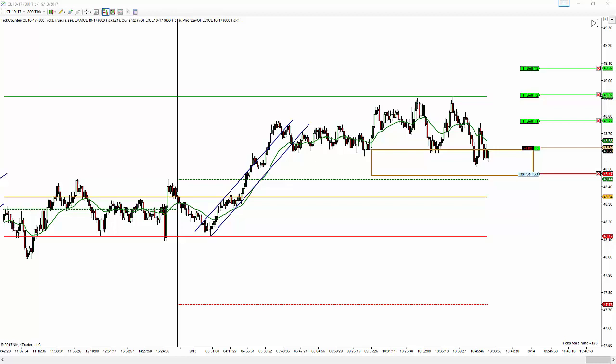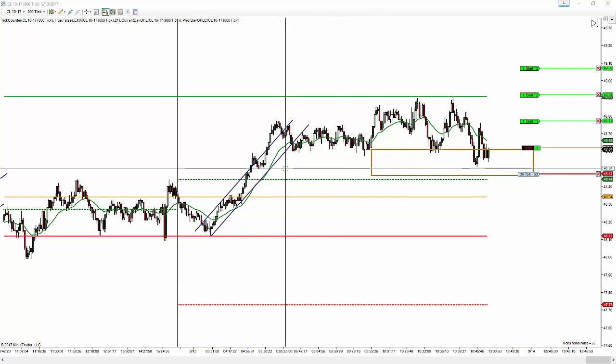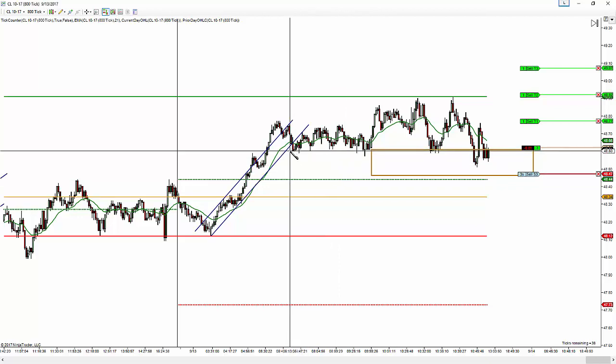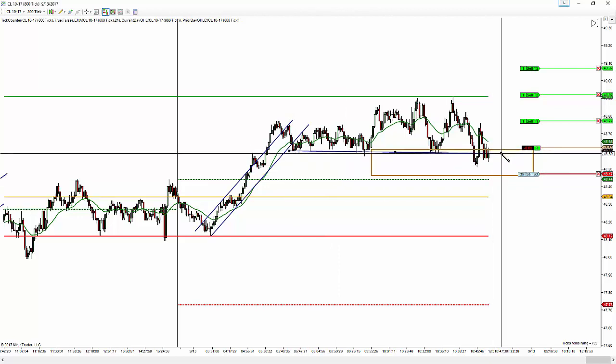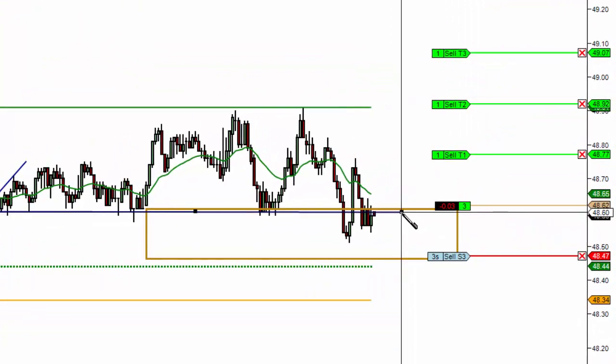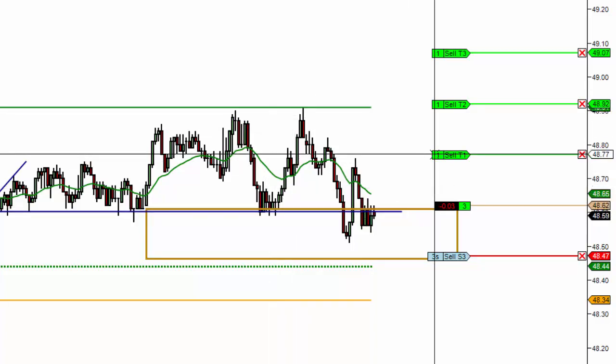These are the CL trades for today using the slow hand method for price action. Got a demonstration trade on here. Just put it on. The reason I did this is right after the DOE report, and price has kind of been in this range. Now, after the report came out, it's 15 minutes ago. Price spiked up, came back down, rotating over,